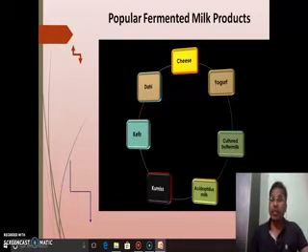It is the inseparable part of the Indian diet,